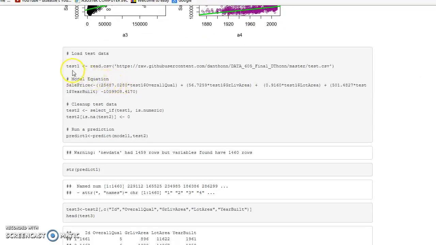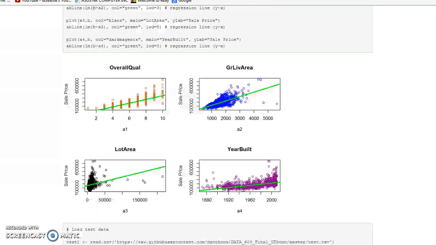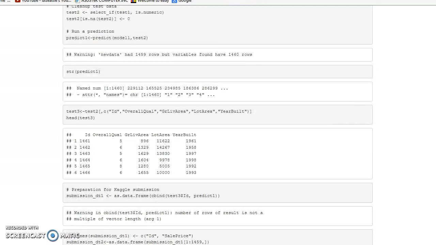So what I did was place the test file up on GitHub, and I pulled that into a test1 data frame, a test1 matrix, and then set the model equation based off the summary. So I have the equation here with the attributes and the intercept based off the values in the summary,